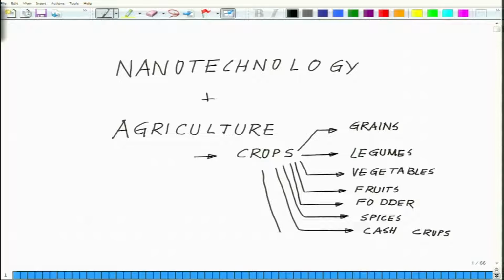Then you have, which is of course a cash crop, sugar crops,